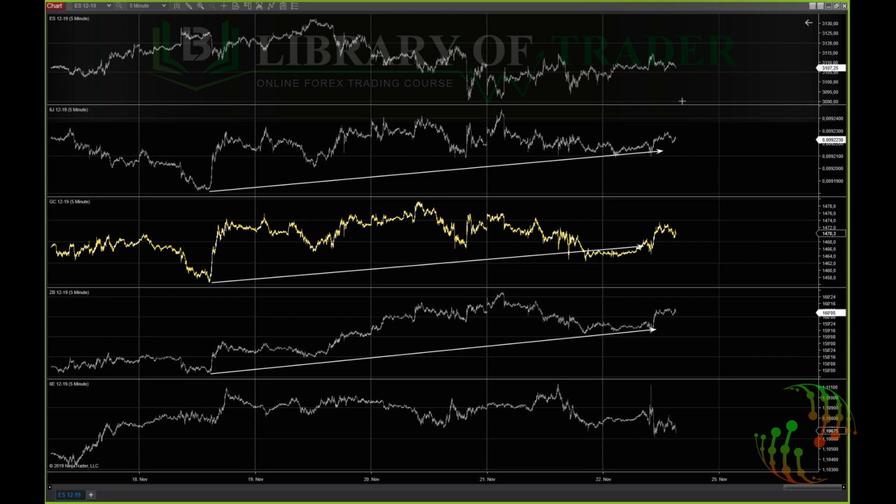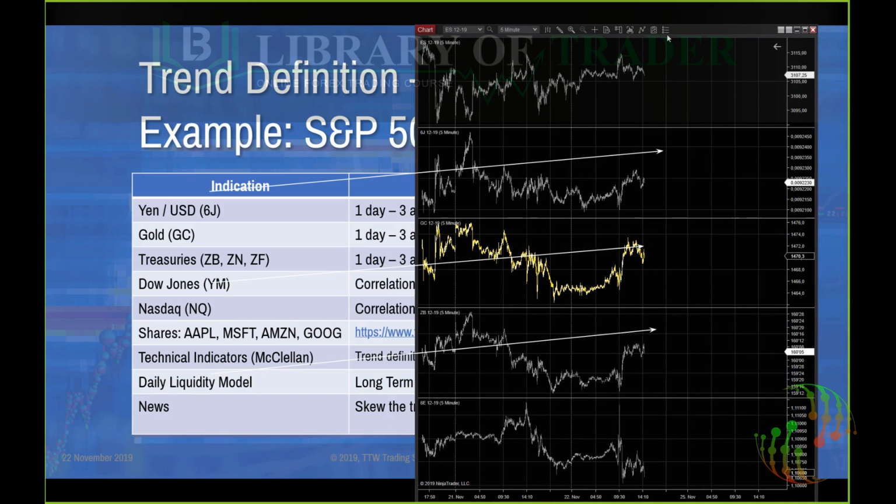It's not saying we will see a crash or something like that. I wouldn't go so far, but this indicates that ES is in a weak state at the moment. If we see a drop down here, then we will see for sure a rise in the yen and a rise in gold and a rise in the treasuries too. So that's our first